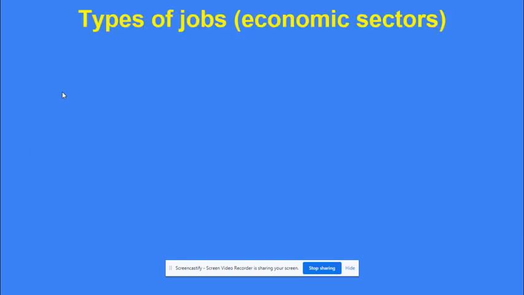So the economic sectors, the easiest way to think of them is in terms of the different types of jobs. We all know of lots of different categories of jobs, and you are going to learn here in just a minute which categories most of the jobs that you're aware of would fall into. The purpose of studying this is that it helps us start to illustrate a pattern between MDCs and LDCs. Remember, that is something that we have come back to multiple times in this class.